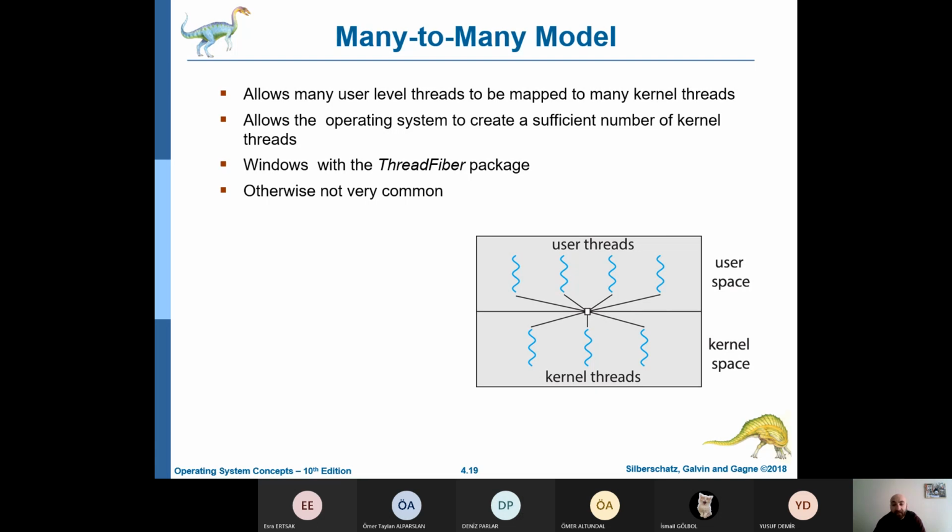The many-to-many model suffers from neither of these, because developers can create as many user threads as necessary, and the corresponding kernel threads can run in parallel on a multiprocessor. Also, when a thread performs a blocking system call, the kernel can schedule another thread for execution.